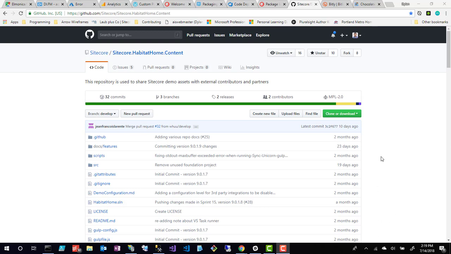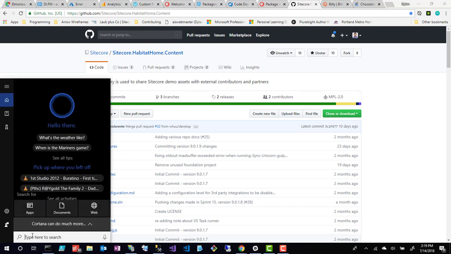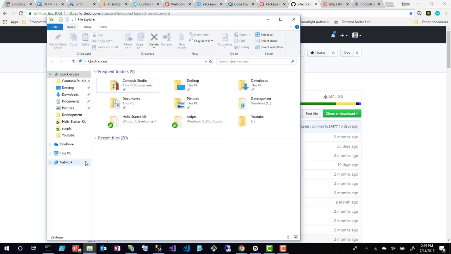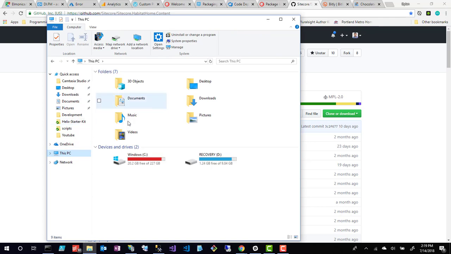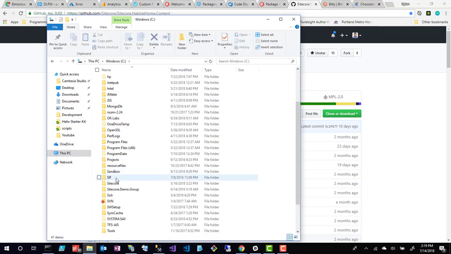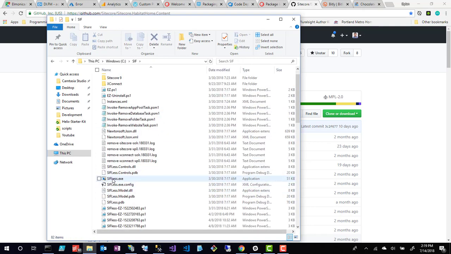So let's get started. I'm actually going to use Syphilis to install my Sitecore 9 instance. I'm going to use a Sitecore 9.0.1 instance. The first thing I'm going to do is find where I've installed it. I think it's going to be here. If I go to the C drive, and then I think it's under Sif. Yeah, so here's Syphilis. If I open up Syphilis,